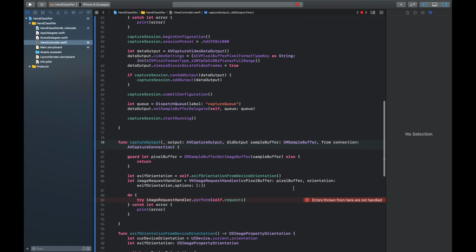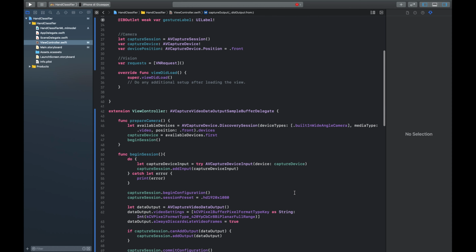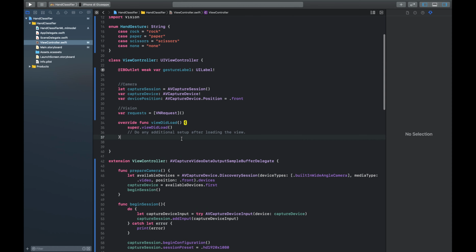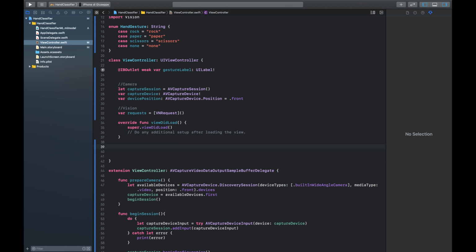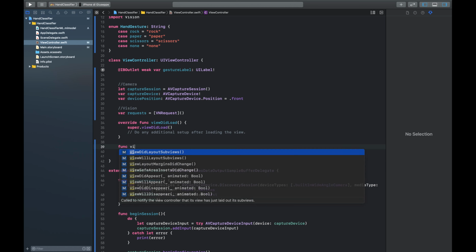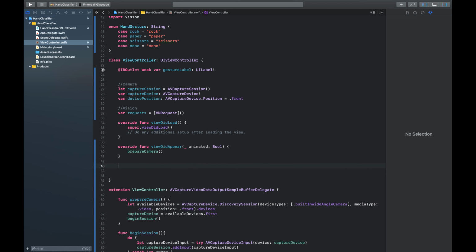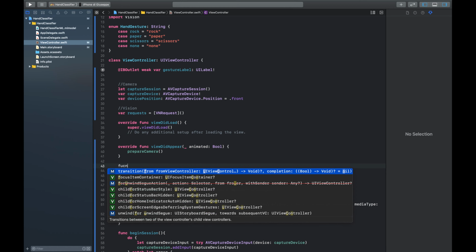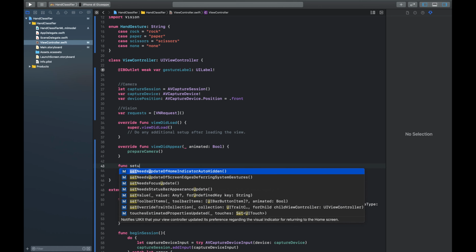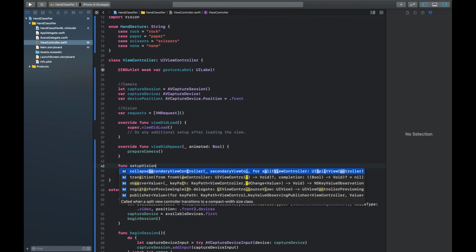So the camera part is completed. We only have to call prepare camera function in viewDidAppear. Now we can work on Vision and set up Vision